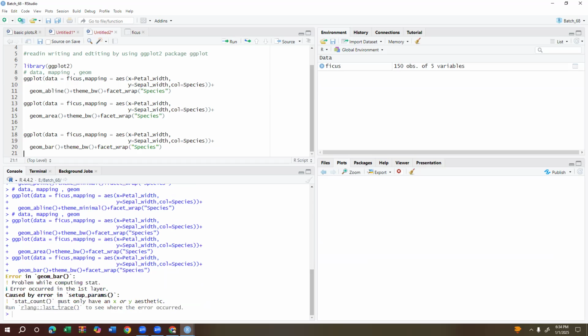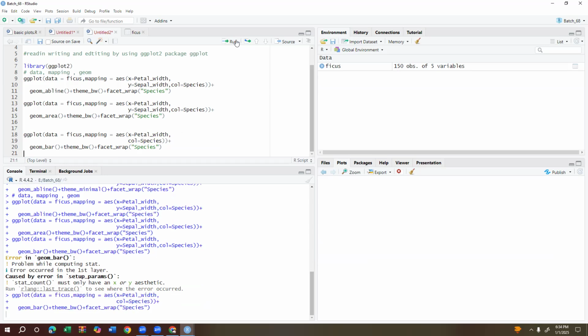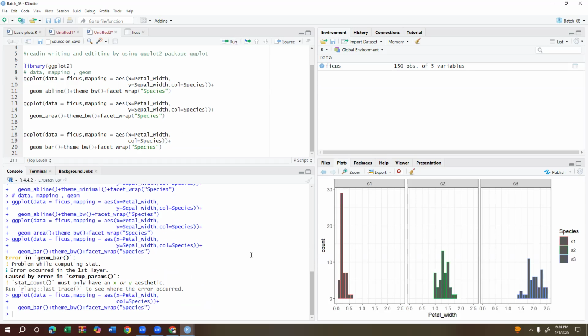It will show you an error: must only have an X or Y statistic. So we need to remove the X or Y axis. So I am removing the Y axis here and also removing this comma, as this comma was extra. So here is the bar plot for